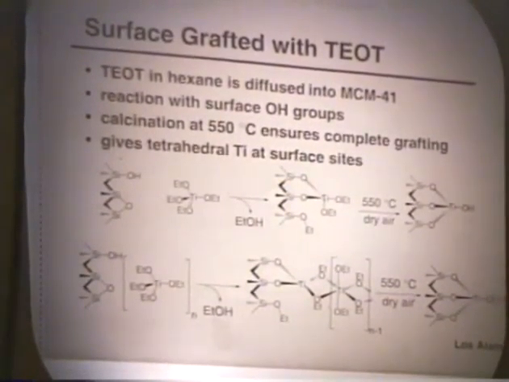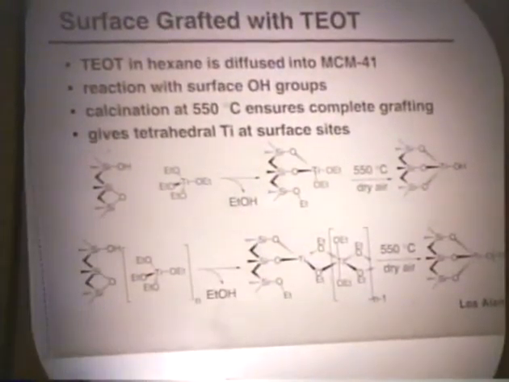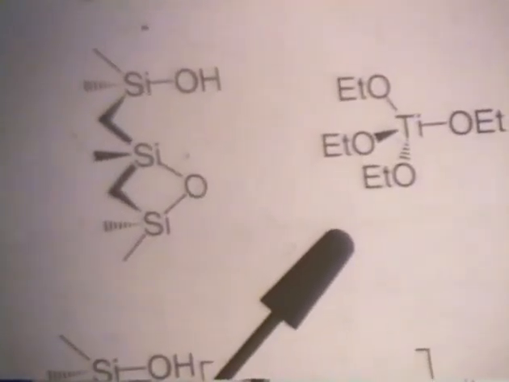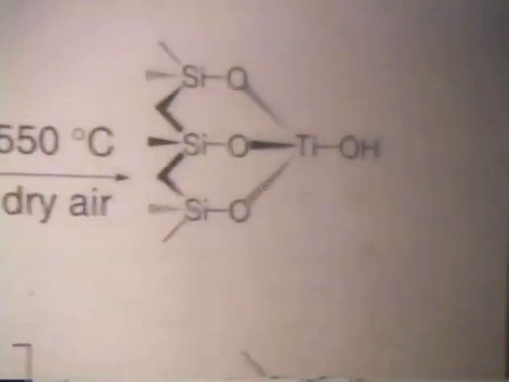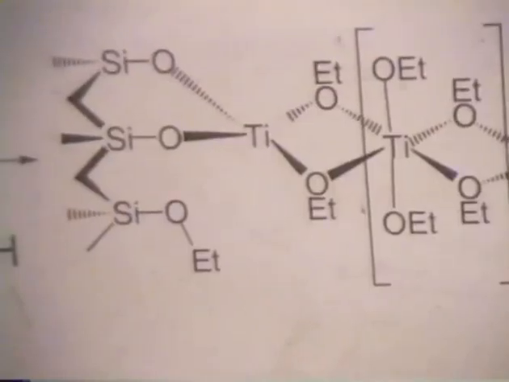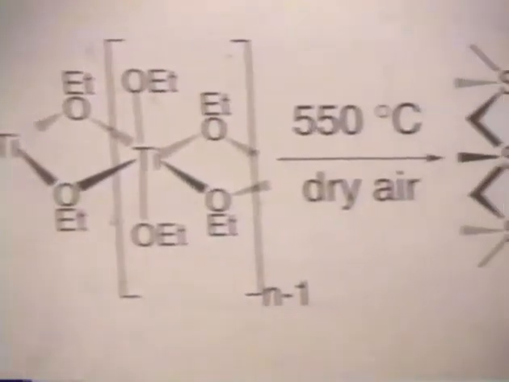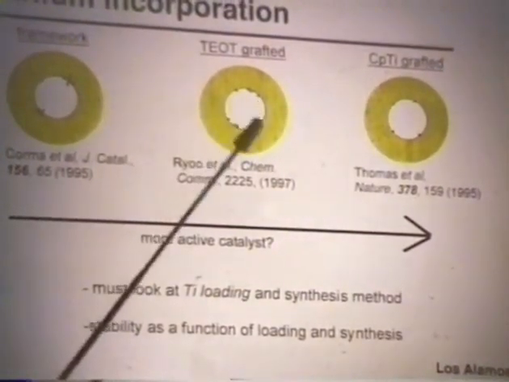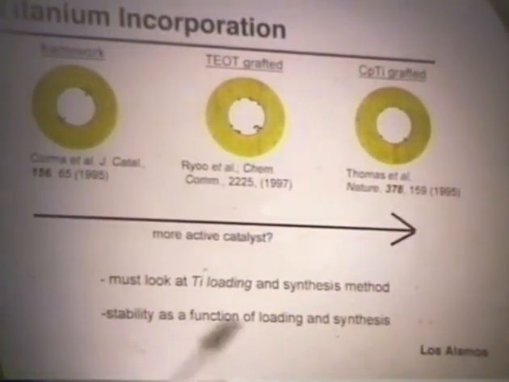I'll just throw this slide up momentarily. It's not unreasonable because tetraethylorthotitanate is not monomeric in solution. In fact, it's quite oligomeric, and so it's not unreasonable at all. Some of these oligomers are actually grafted onto the surface rather than monomers, and so one ends up with a large fraction of the titanium existing as oligomeric TiO2 units on the surface. That's going to be seen by diffuse reflectance and other techniques.